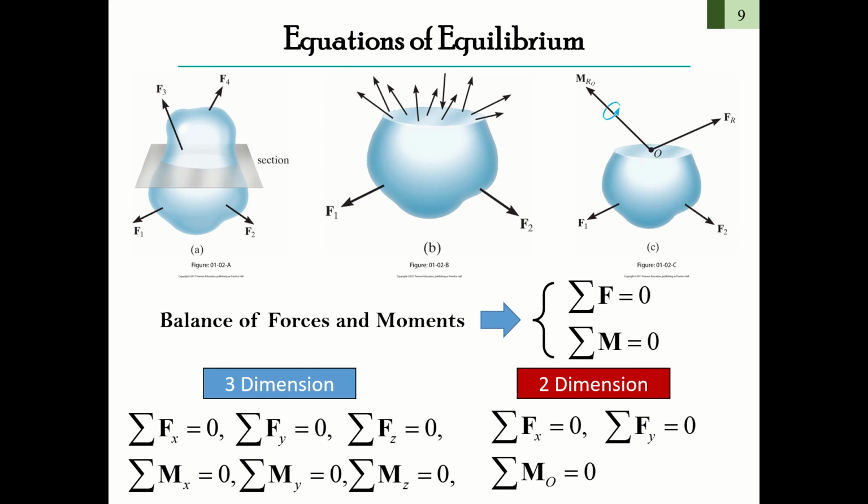So the forces can be separated in 3 directions, right? Okay, x, y, z, and the moment also can be separated in 3 directions, Mx, My, and Mz. Okay, so the force balance tells you the summation of F and the summation of the moment, both of them equal 0. In 2 dimensions, you have to calculate F of x and F of y equal to 0,